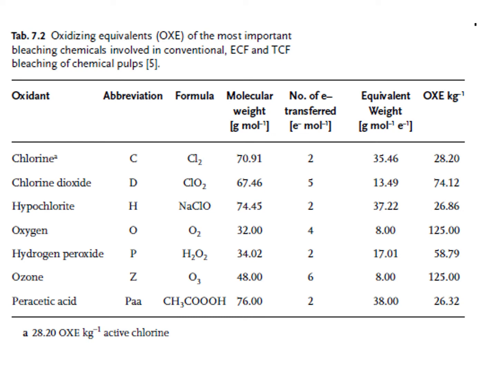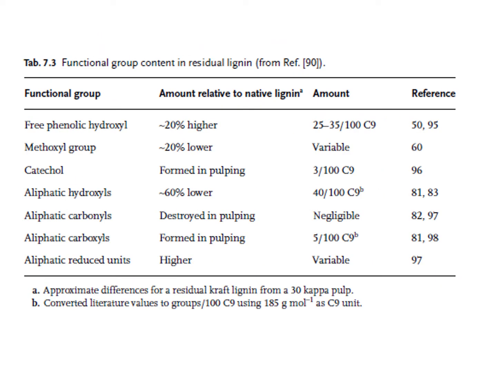Now you can check the oxidizing equivalence of the chemicals. Okay, here you can check the abbreviation of bleaching steps also, that you will be learning in the next slide. Like for chlorination it's C, for chlorine dioxide it's D, for hypochlorite it's H. You can check the table basically. Okay. Now at the bleaching agent slide,